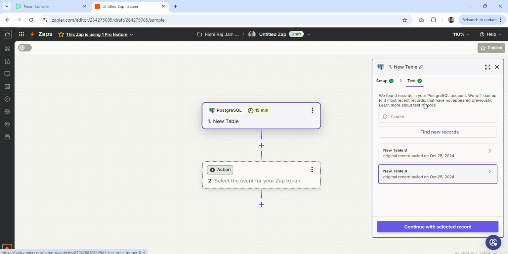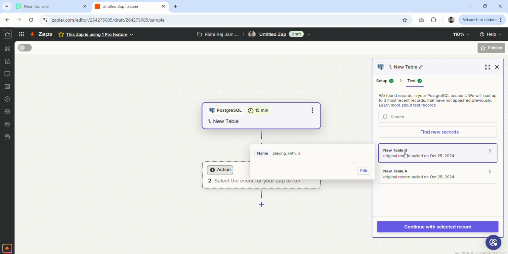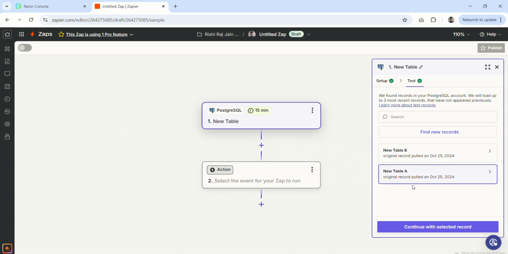Now let's see what the new table is about. So I click on new table B and we see the name is playing with N. And when it pulled in the table, the first table, the table name was playing with Neon. So this is how you set up a Zap connected to a Postgres, where Postgres is provisioned in less than